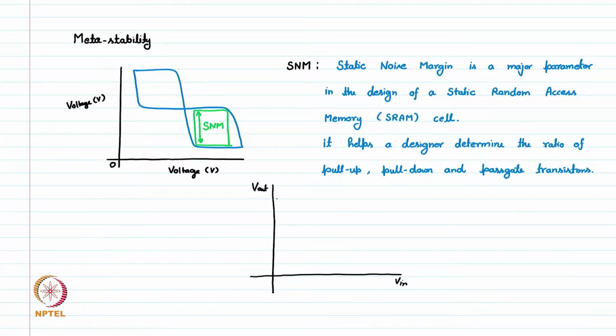One is this characteristic and the other one is for the other transistor. So, these points where the slope is unity are called unity gain points,